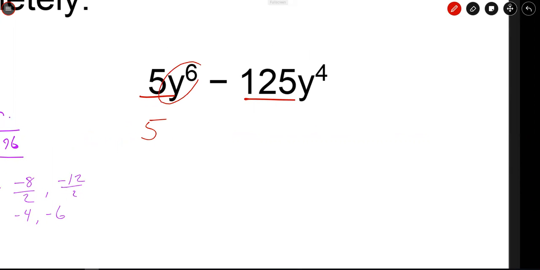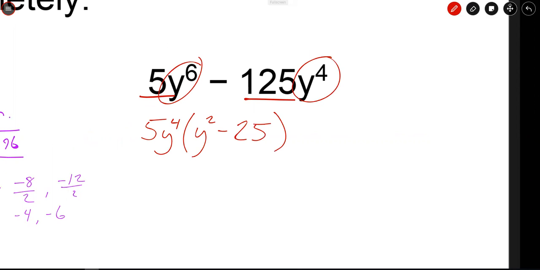And then if I compare y to the 6th and y to the 4th, I can factor out y to the 4th, so that's going outside of my parentheses. What I'm left with inside is just y squared minus 25. Well, at this point, again, it's a quadratic. I could use the quadratic formula with an a of 1, a b of 0, and a c of negative 25. If you want to go that route, that's fine. But you can also,